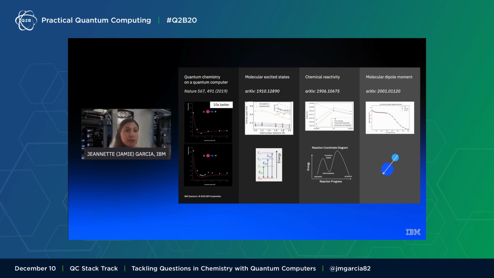So where you have a neutral hydrogen atom and a neutral lithium atom, you can imagine that can be a very difficult part of the dissociation curve to explain. What we found is that indeed what we need is a higher circuit depth for that particular calculation. And this is something that we are continuously working on and improving